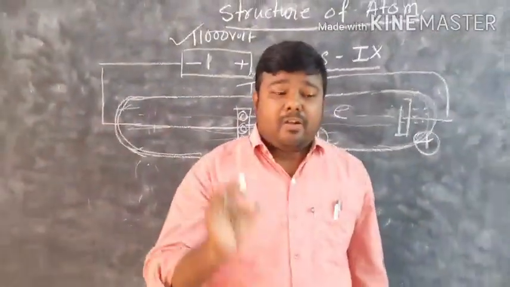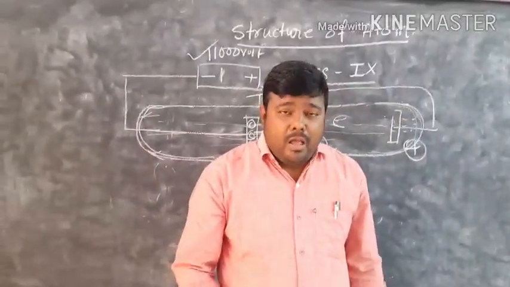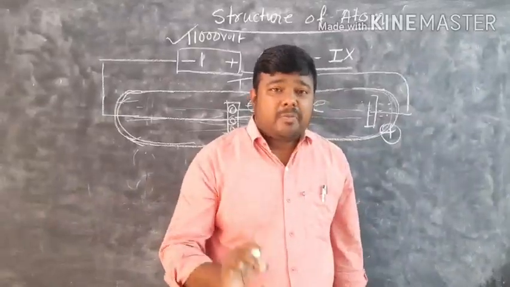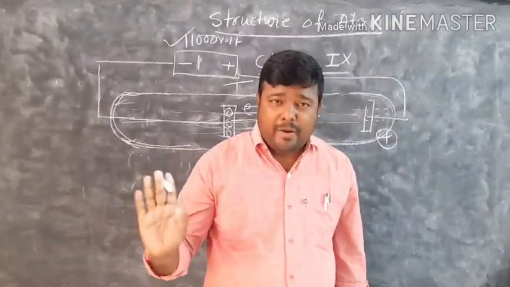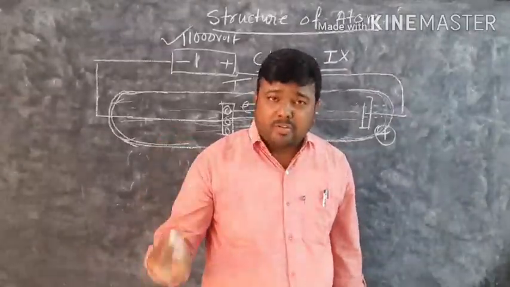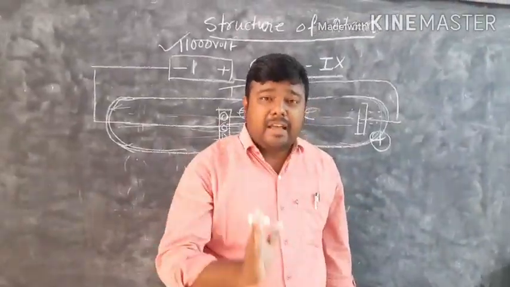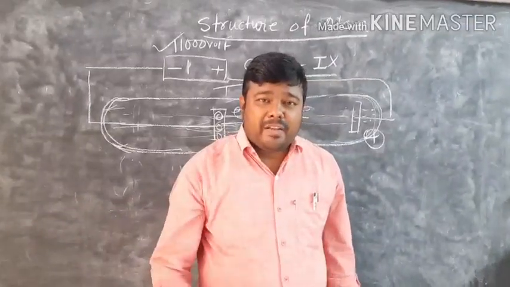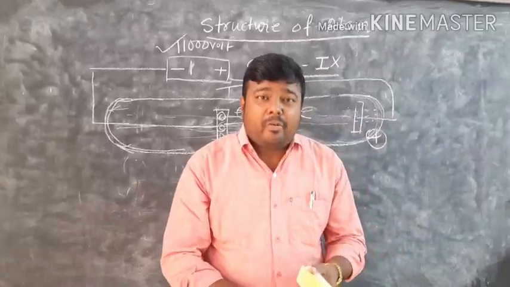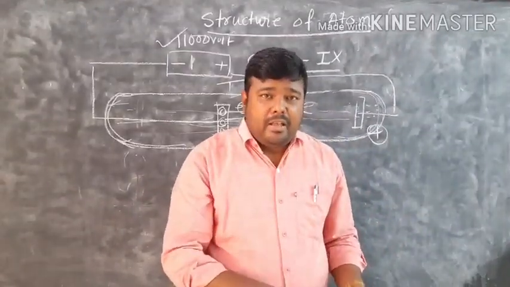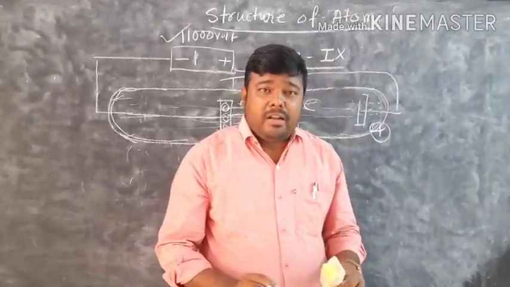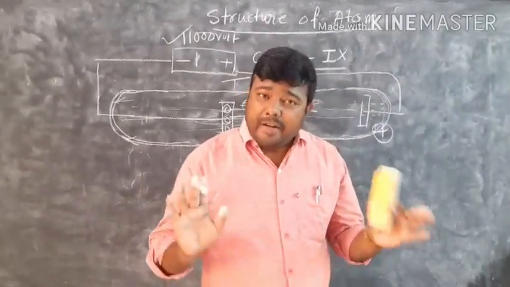This discovery of the electron and proton actually gave a death blow to Dalton's atomic theory, which said that atoms cannot be divided further into subatomic particles. But scientists Goldstein as well as Thomson showed that by dividing the atom we can get more subatomic particles like the electron and proton. Later on, scientists started to think about what the inside arrangement should be, and different scientists proposed different atomic models. The atomic models we will be discussing in a separate class.